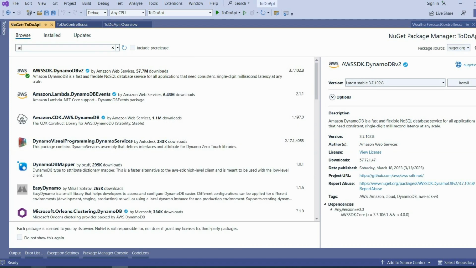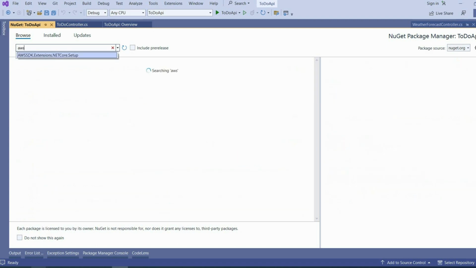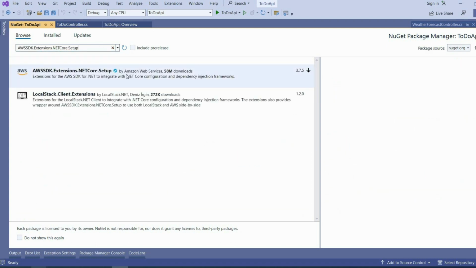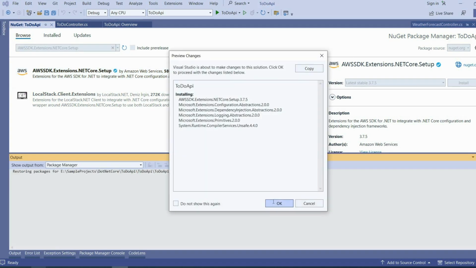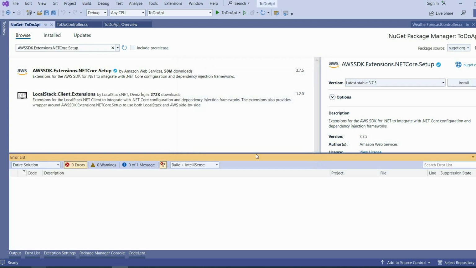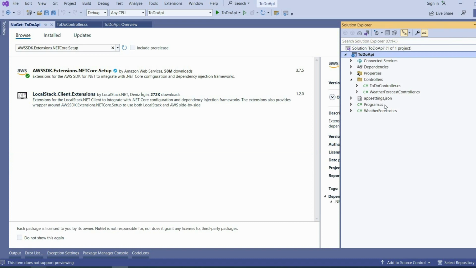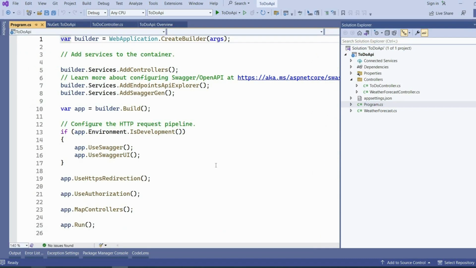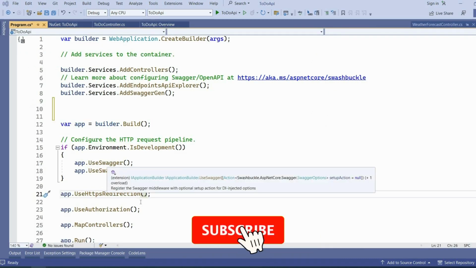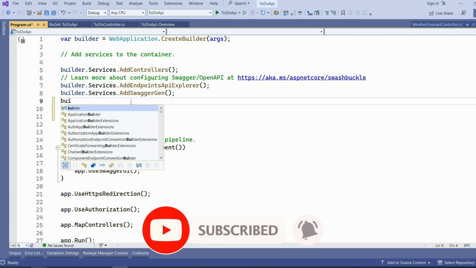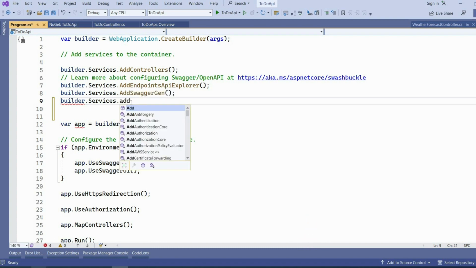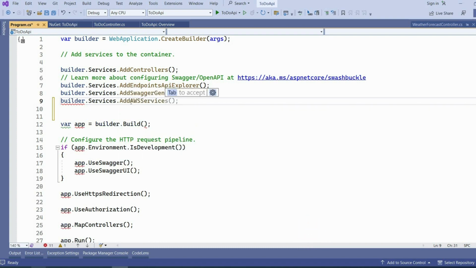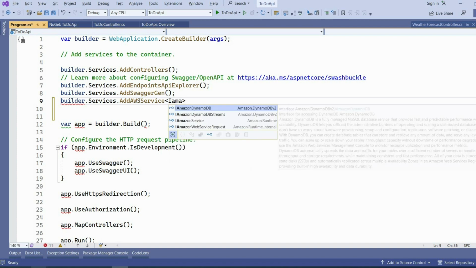And we will install AWS.NET Setup. Yeah, and we need to register these services in program.cs. We will add DynamoDB services here. Builder.services, add AWS service Amazon DynamoDB,